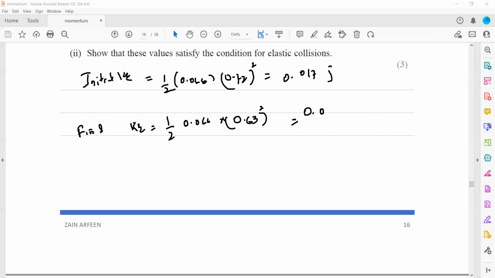This will be 0.00131. And for ball 2, the kinetic energy is again half the mass, 0.066, and the speed at which it is moving is 0.35 squared. This will give us 0.0040. And when we sum them,